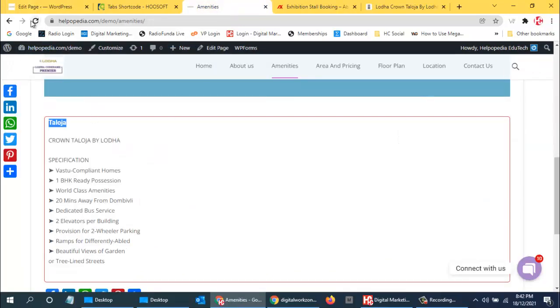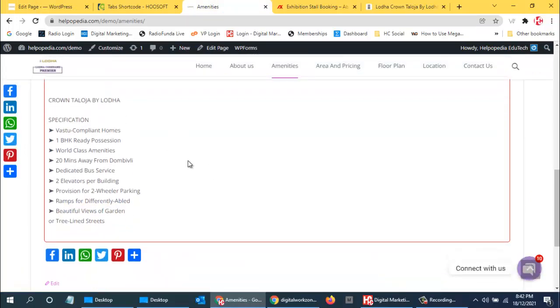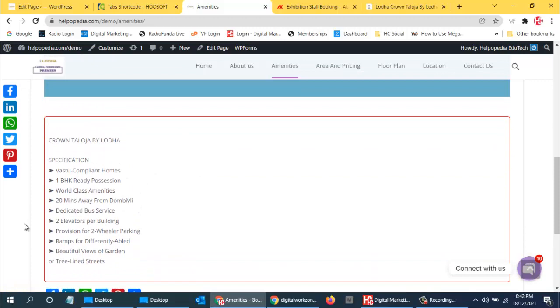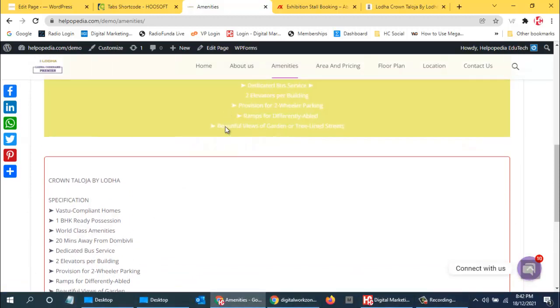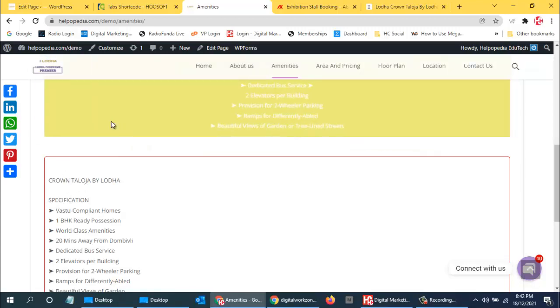Okay, for the second panel, right? So now you can use this. So like this, you can create panels also. So panel is there, flip boxes is there. So you can create multiple columns. First you will create columns and then you will add this panel or flip boxes into each column. So that will be a good option.